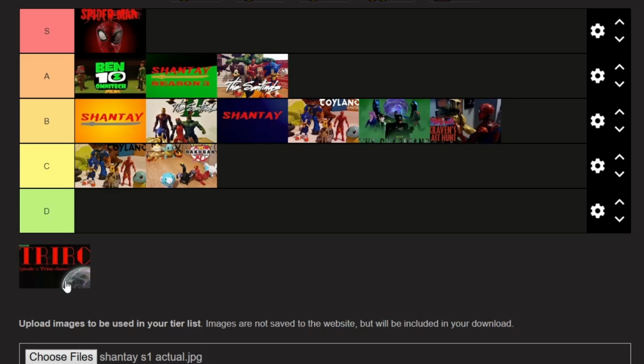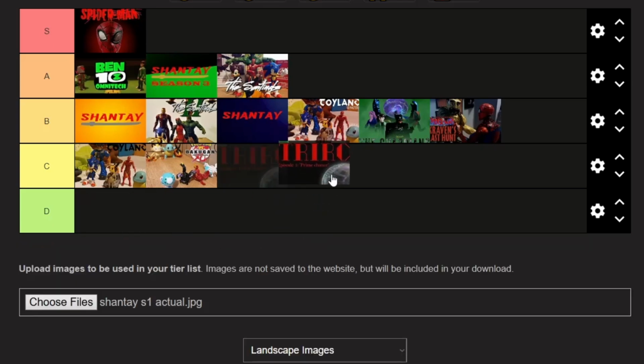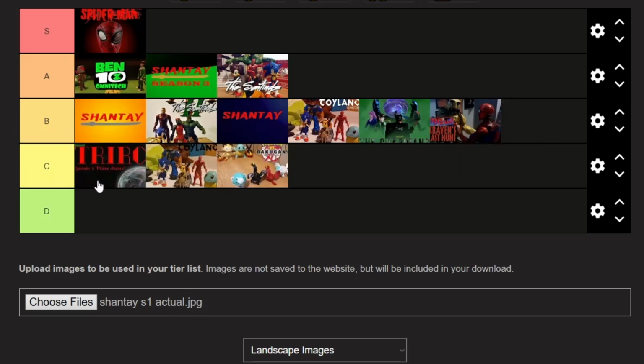Now, the 3-row show. Why did I make this? Again, the inspiration is the Star Wars, Marvel, Disney Plus shows. I wanted to give some backstory to 3-row because you don't really get much in Benton Omnitech. And I really like the character of David Hall. I like what I've done with him. However, the show as a whole is not that good. I think I could edit it into a pretty decent movie. Am I going to do that? I don't know. Maybe. But so far, I think I'm going to pop it in the top of C tier, because I would change a lot of things about it.